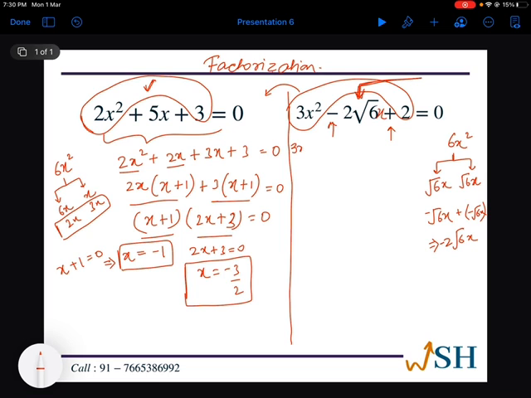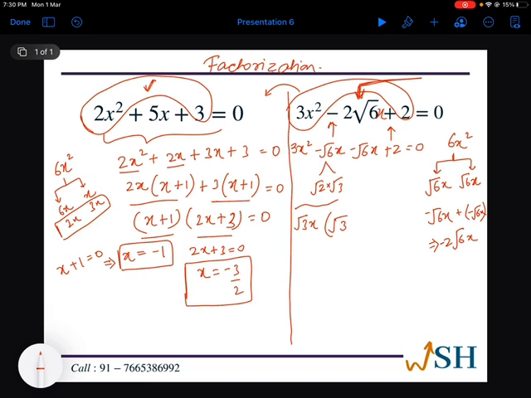So we have 3x square minus root 6x minus root 6x plus 2 equal to 0. Now you know root 6 can be written as under root 2 times under root 3. Okay, so for this particular set we are going to take root 3 common and x as well. So under root 3x common and